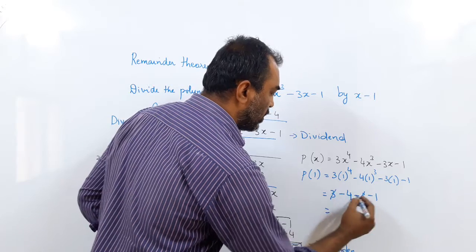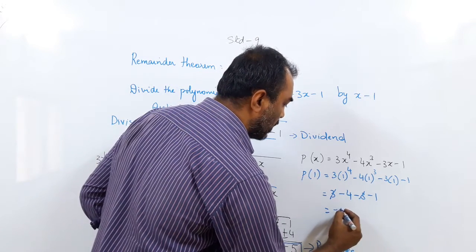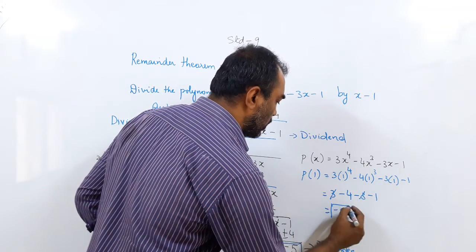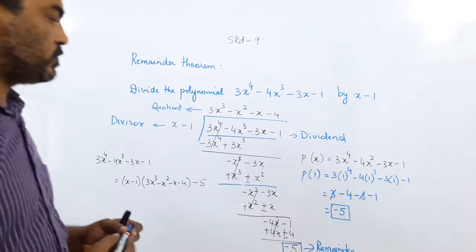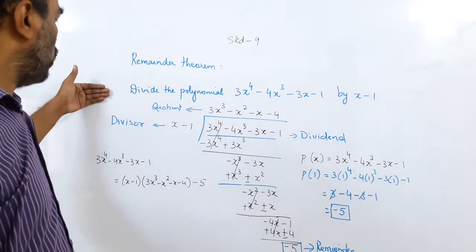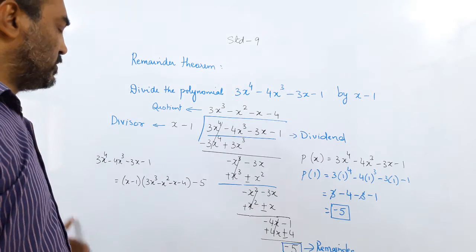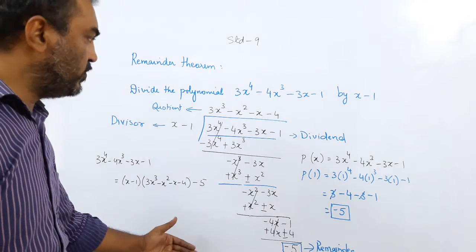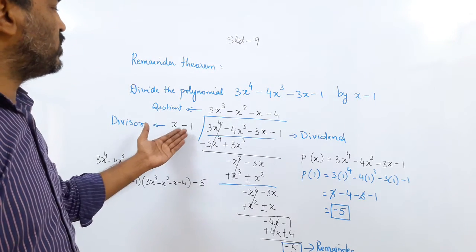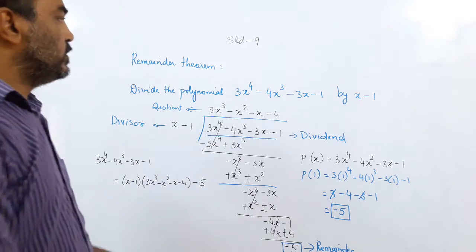So this 3 and 3 get cut. Minus 4 minus 1, I get minus 5. What do you notice here? The actual long division is this. Yes, this is the actual long division. So if I want to know whether this is a factor or not a factor,